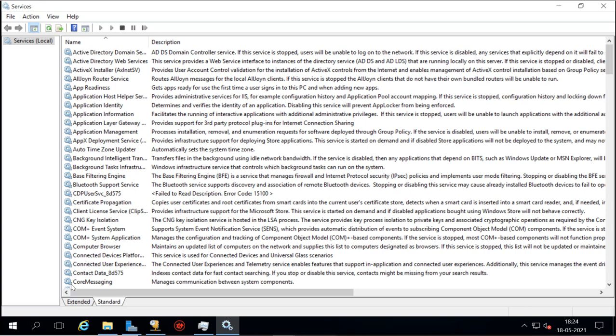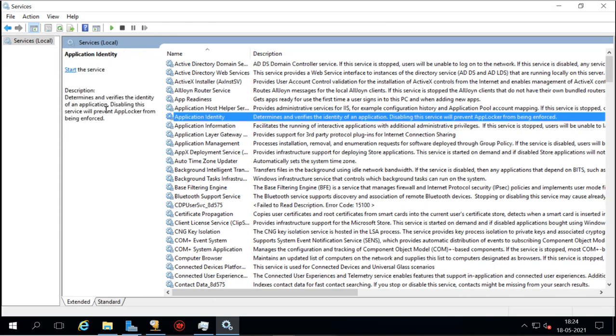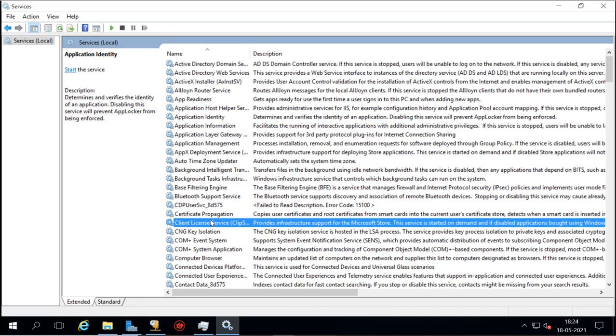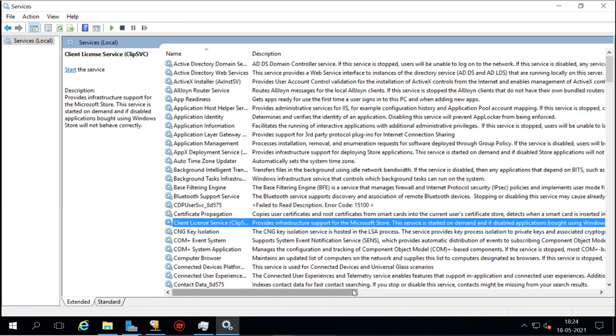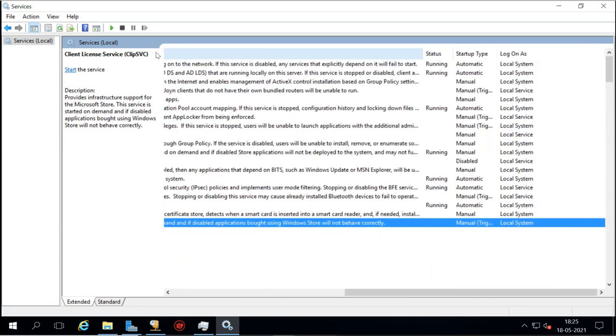In extended view, when you select any service, it will show you the description here. The description which is showing here, sometimes it is difficult to read from here.